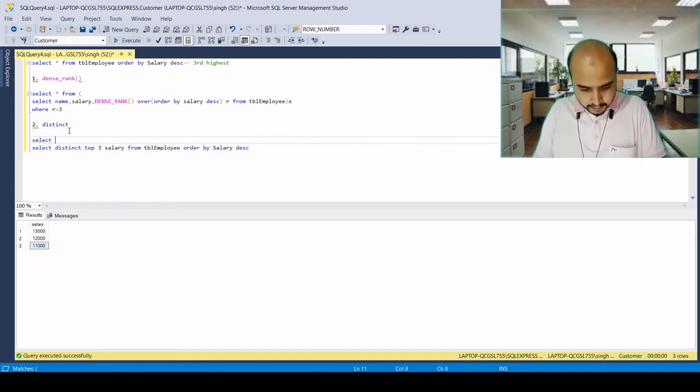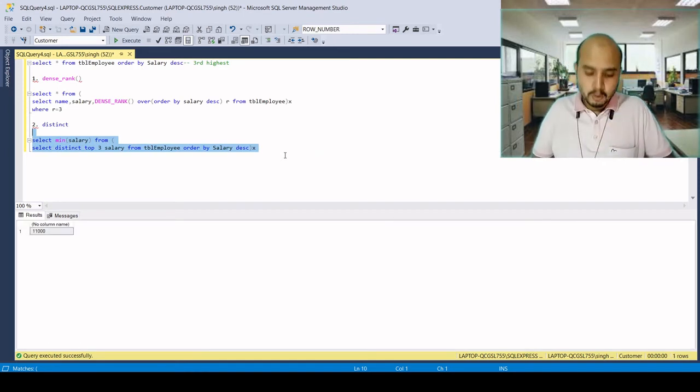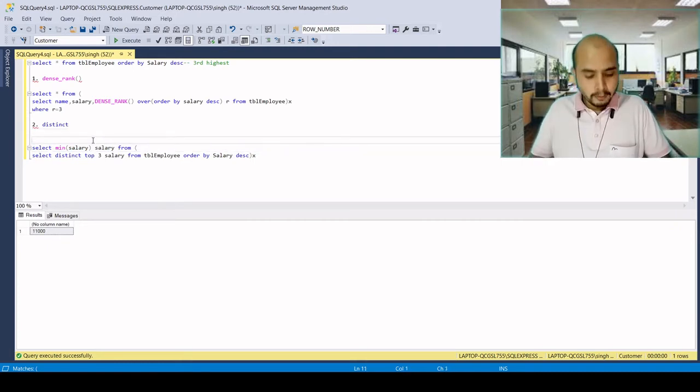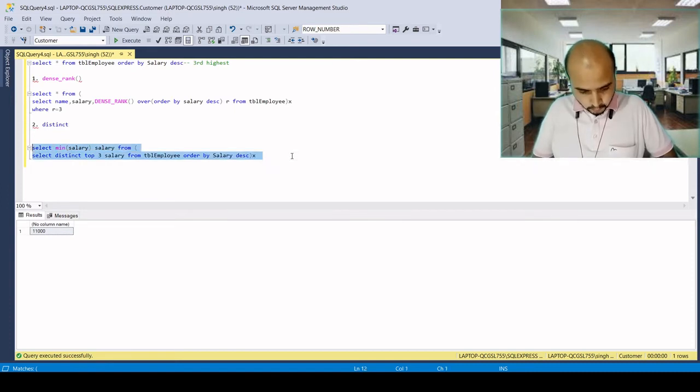So we will take the minimum salary from this table, which is called, let's say, X. So the minimum salary is 11,000. Let's give it the name salary. If this is the only value the interviewer wants, we can give it to them.